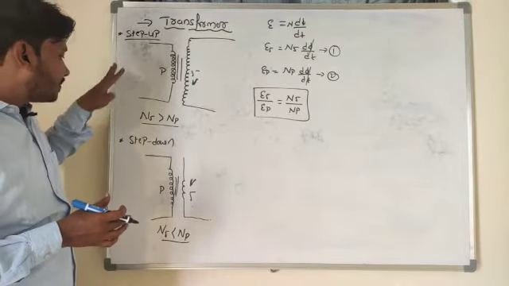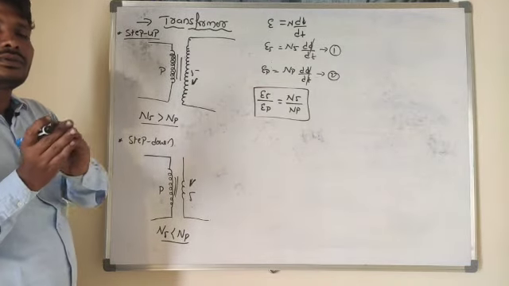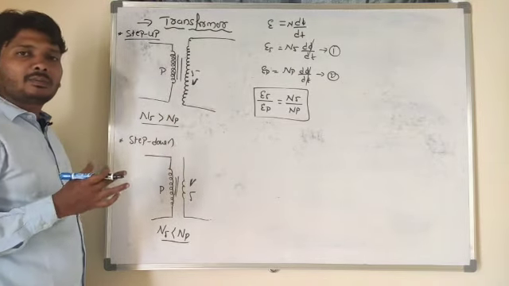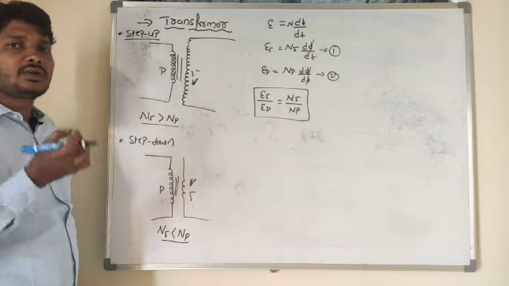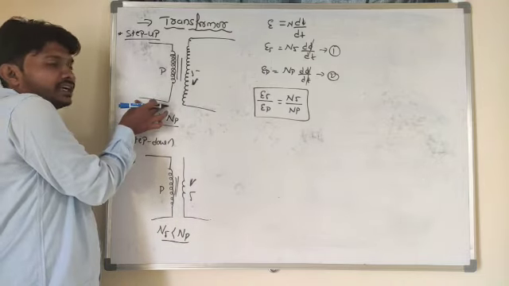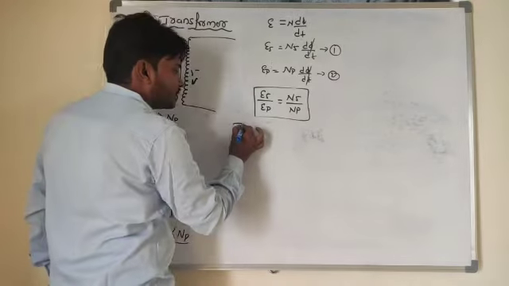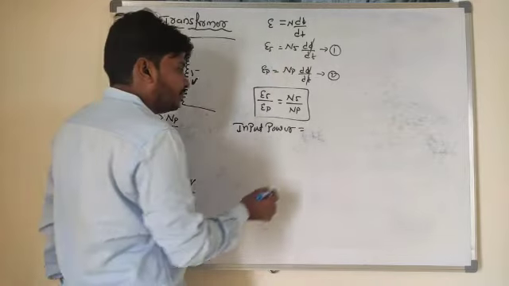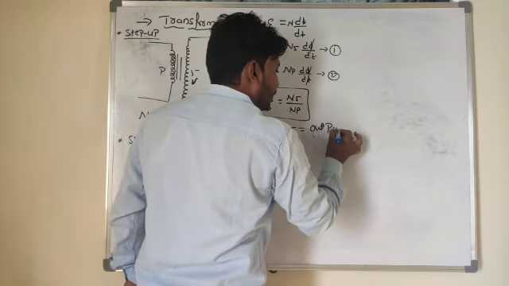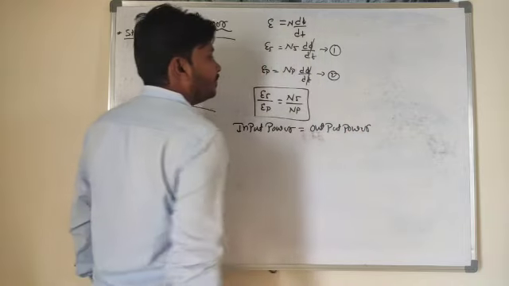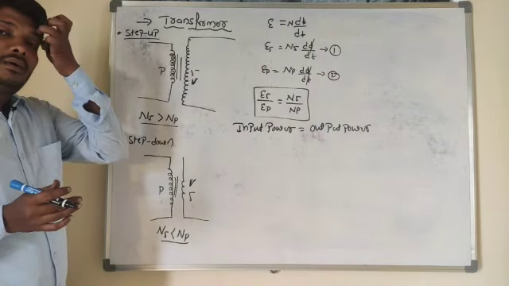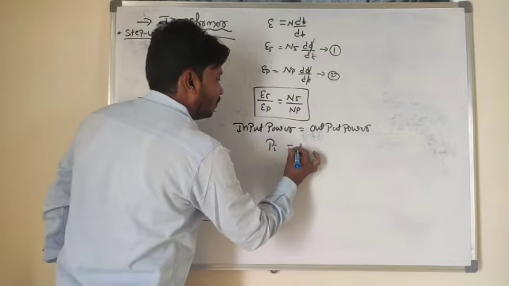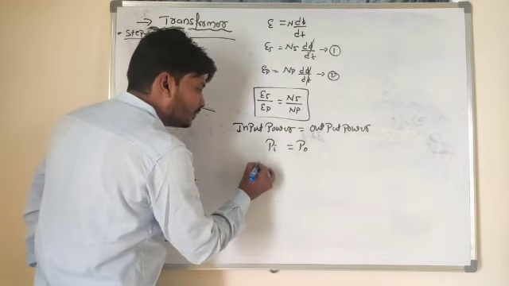So in case of a step up transformer or step down transformer, I said that it is used to step up or step down the alternating voltage. But what about the input power and output power, whether that power changes or not? The power will remain the same. It means that input power is equal to output power. So look here, from conservation of energy, input power is always equal to output power. If input power is equal to output power, then power P is equal to V into I.